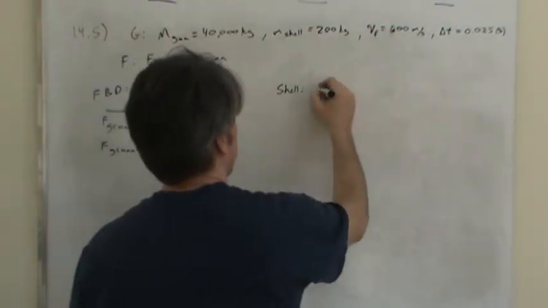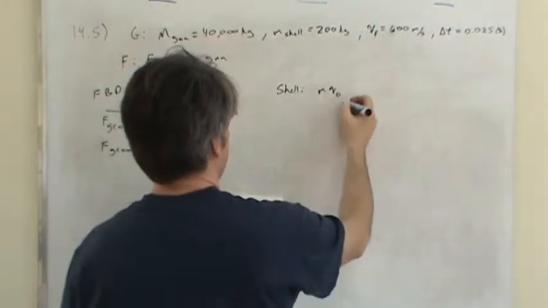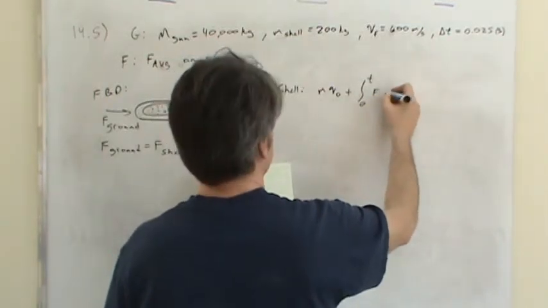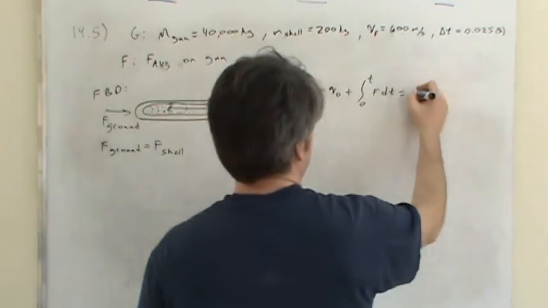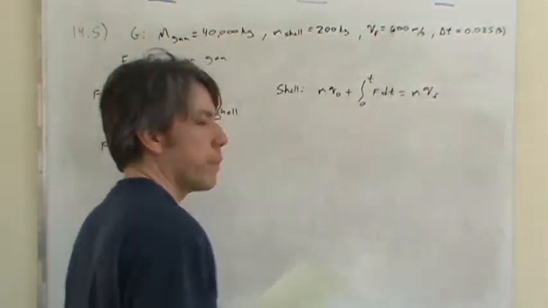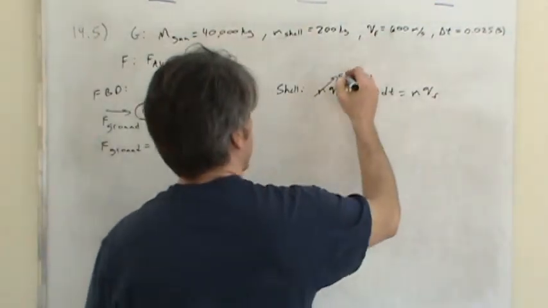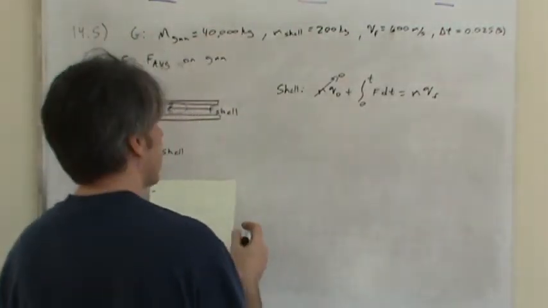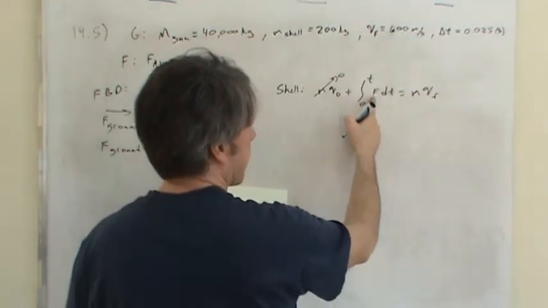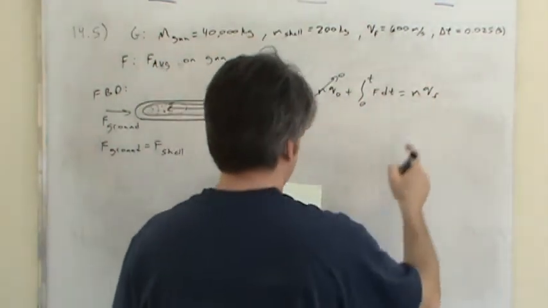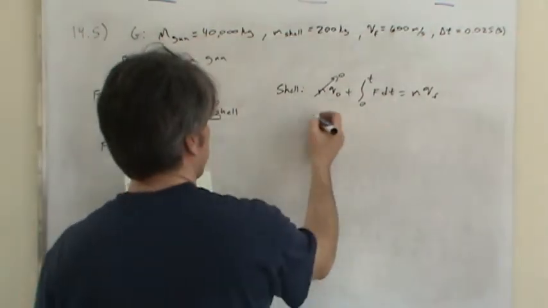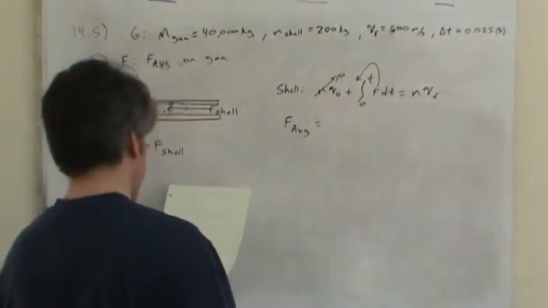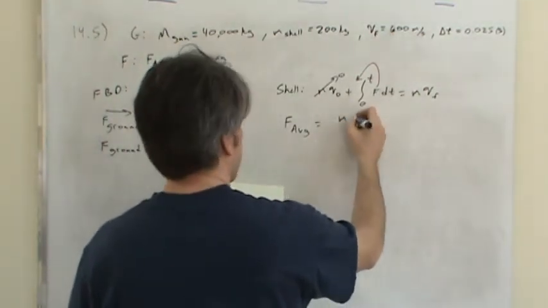So the mass of the shell times the initial velocity of the shell is the initial momentum of the shell, plus the force on the shell that acts over that 25 milliseconds of time. That's equal to the final momentum of the shell, which is the mass of the shell times its final velocity. Now obviously the shell is not moving in the barrel initially, so its initial momentum is 0. But after the explosive is lit, there will be a very high force acting on the shell for a very short period of time, we know that time, and that'll give rise to the final momentum of the shell. Now solving for the force, since we're supposed to solve for an average force, it would be equal to the mass of the shell times the final velocity,